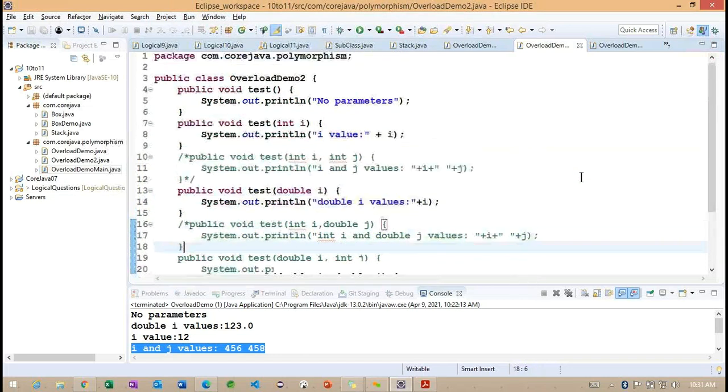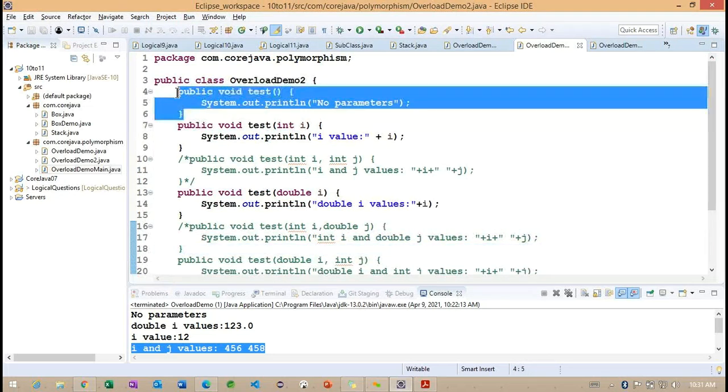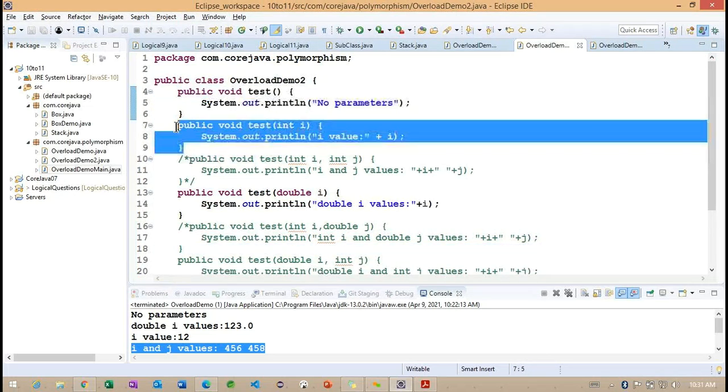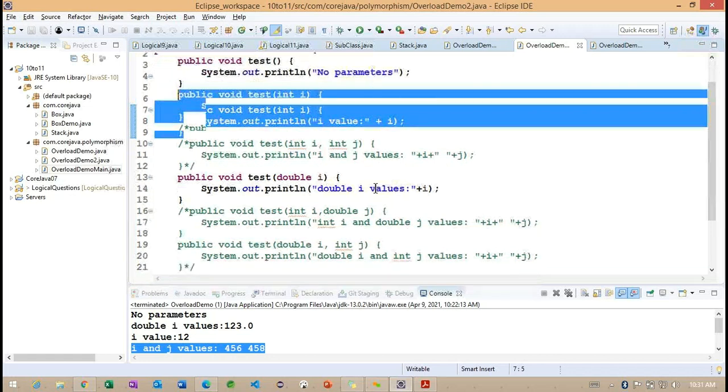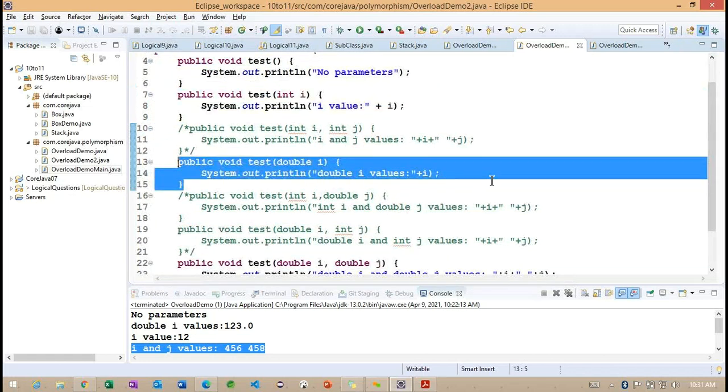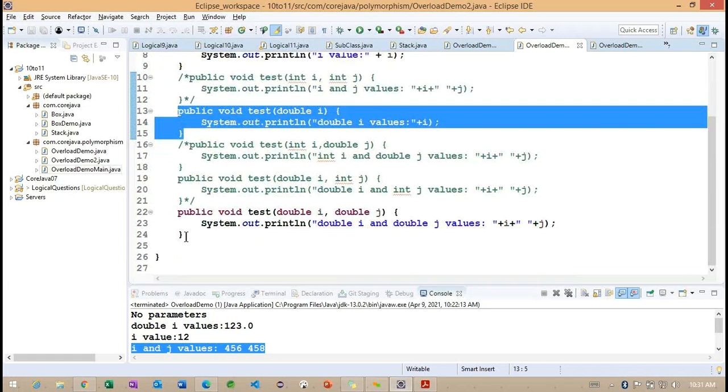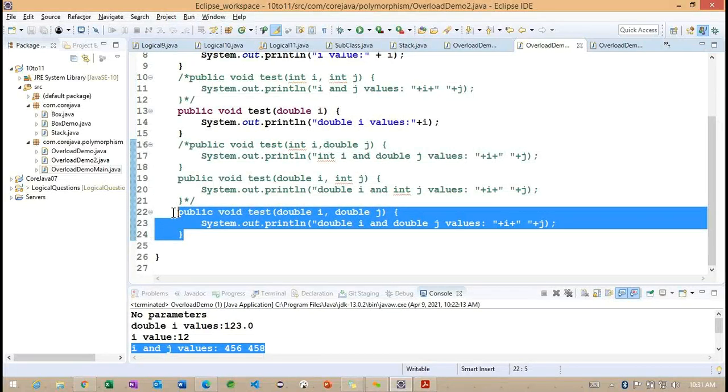Now we can observe how many methods we have. First we have the default method, another one which is expecting an int parameter, and another one which is expecting double. Sorry, we have only one two-parameter method, defined as double here. So if I give anything other than double, what will happen internally? We would get a compilation error because we are trying to pass different data here.